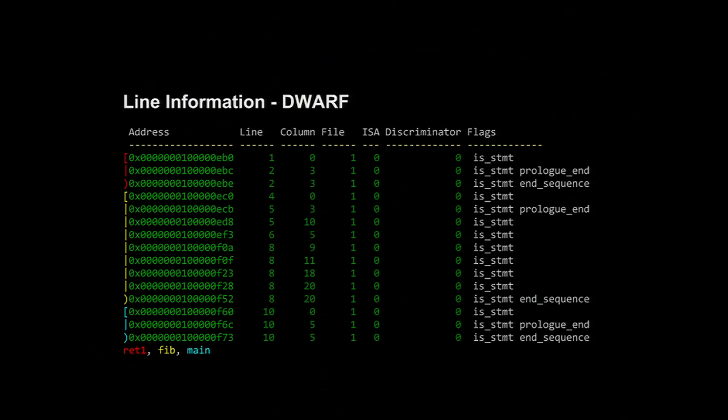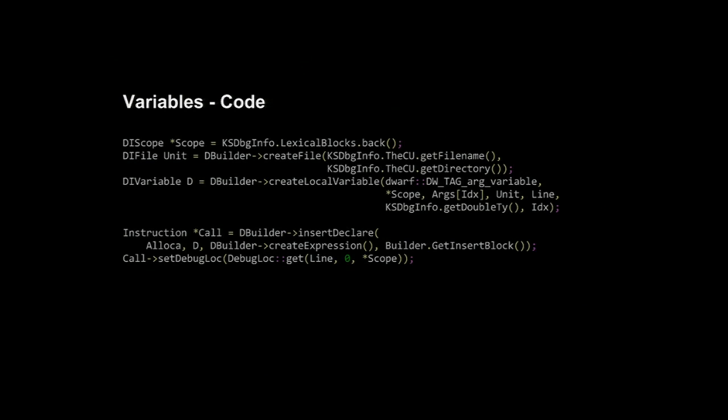Right. So then lastly, we're going to add some variables. I admit I cheated. I only added arguments because my test case didn't actually have any other variables. The Kaleidoscope language doesn't support arbitrary local variables. There are a few particular bits where it does, and we didn't bother implementing them. Right. So there's just a little bit of code that does that because, well, you need to tell your variable what scope it's in. In this case, it's going to be function scope, so that's handy. Again, you need to know what file inline because